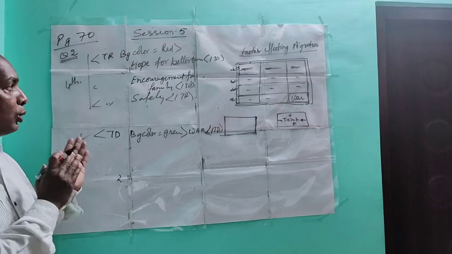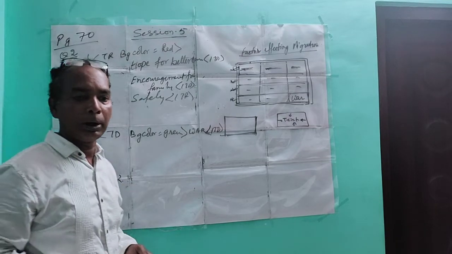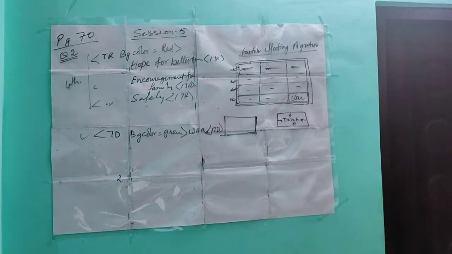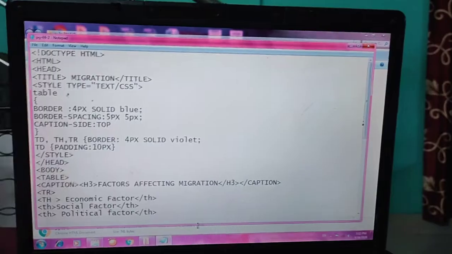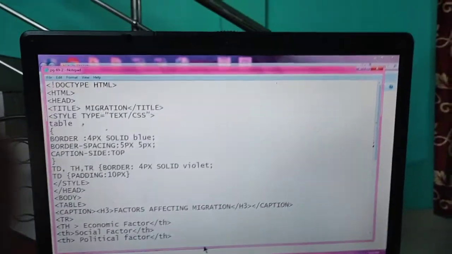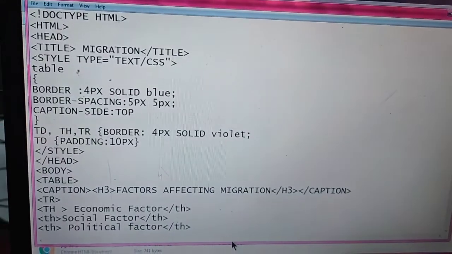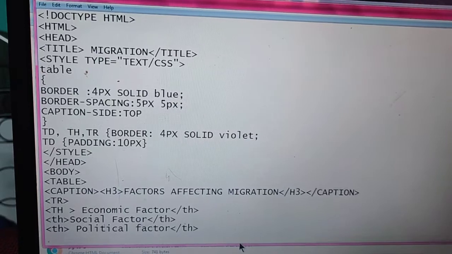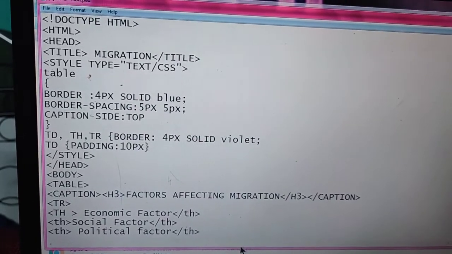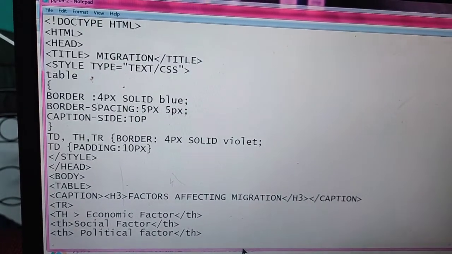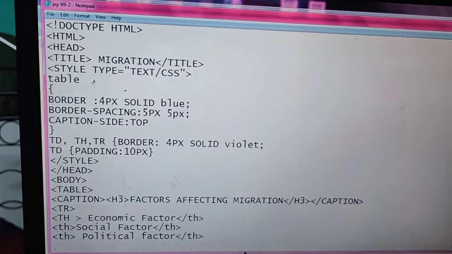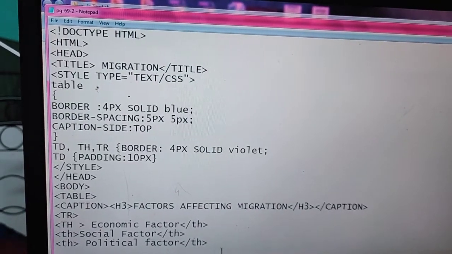Okay, now I will show you this program on my computer. Just watch. Now look at the program. The first part is doctype HTML, head, title, style, table, border, spacing, as I showed you on the board.